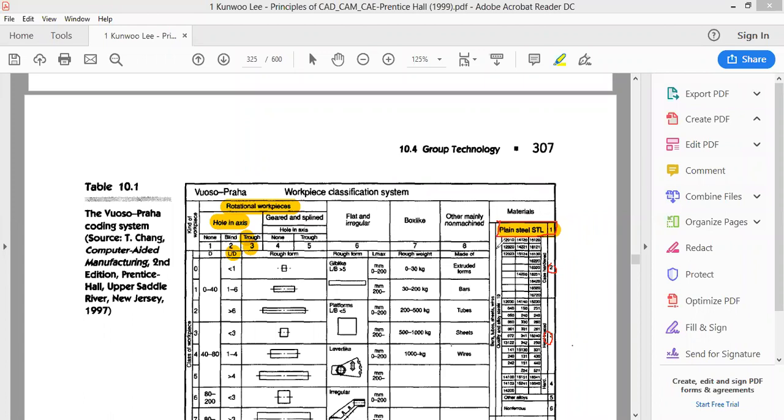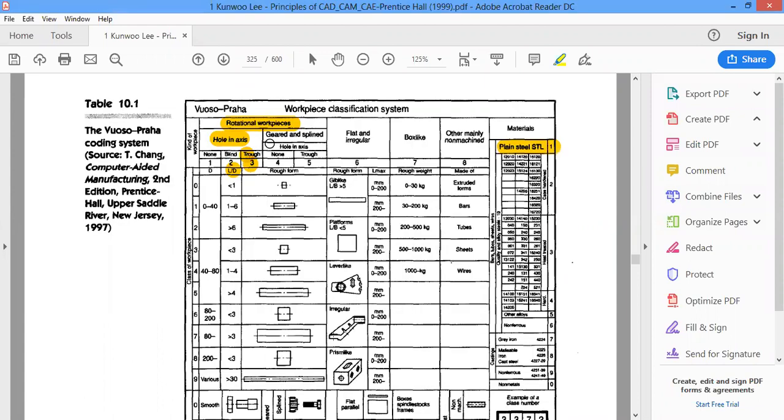So here, for one example, we have the kind of workpiece, then the gear, whether the part has a geared or a splined surface on the outside. If the part is made up of flat and irregular, then the code is 6.